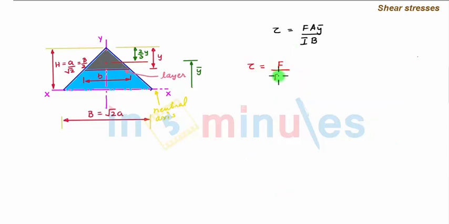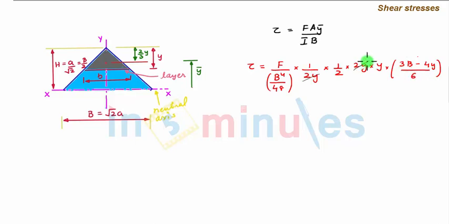F upon B to the power 4 by 48 into 1 by 2y into half of 2y multiplied by y into 3B minus 4y upon 6. So now the 2y and 2y get cancelled. Your 6 multiplied by 2 equal to 12. This 12 and this 48 get cancelled, so as to have 4 over here. So upon further simplification, we get the value of tau is equal to